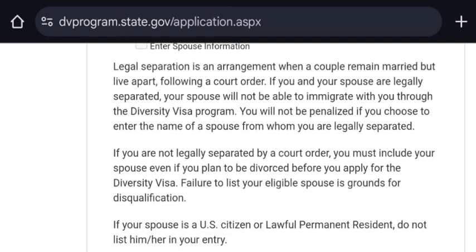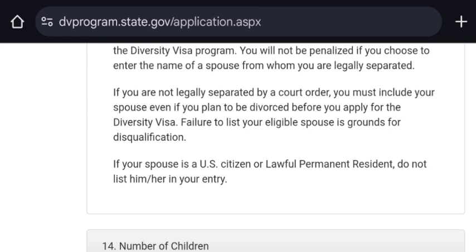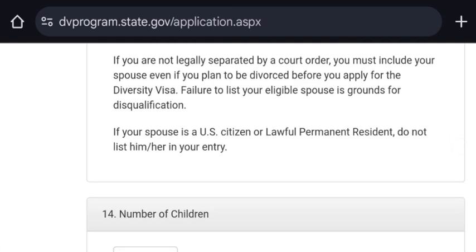If you are not legally separated by court order, you must include your spouse even if you plan to be divorced because you apply for the diversity visa. Failure to list your eligible spouse is ground for disqualification. If your spouse is a U.S. citizen or lawful permanent resident, don't list him or her in your entry.